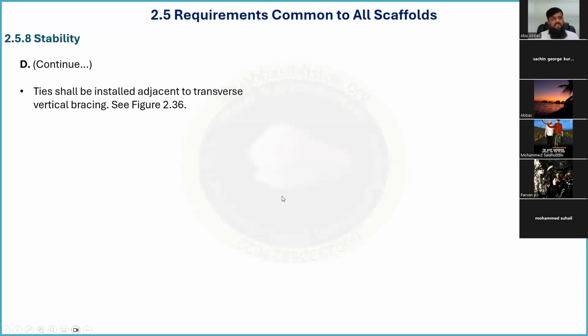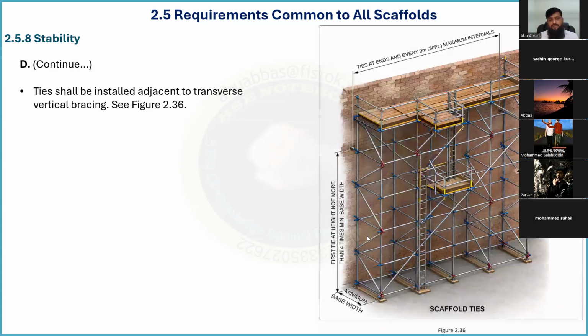Okay, so ties shall be installed adjacent to transverse vertical braces. Figure 236. Transverse and vertical. Vertical is the one which is upright, and the one on the horizontal plan face we call a plan brace or horizontal brace. So it says ties shall be closer to the transverse brace, for example,